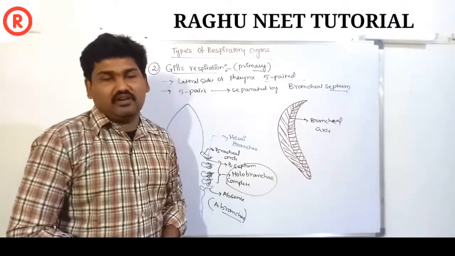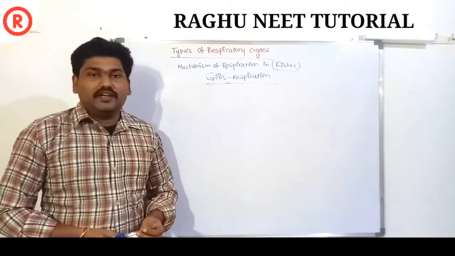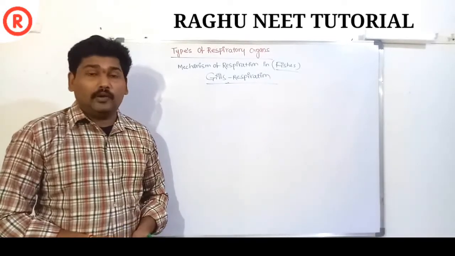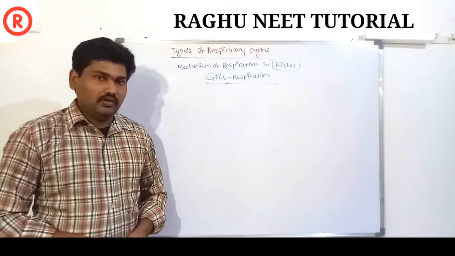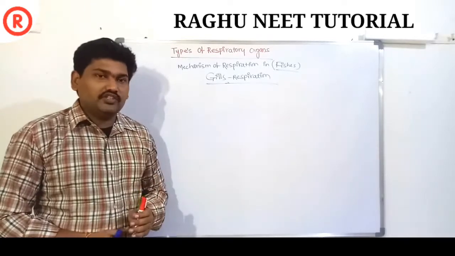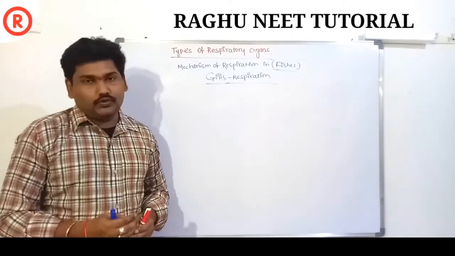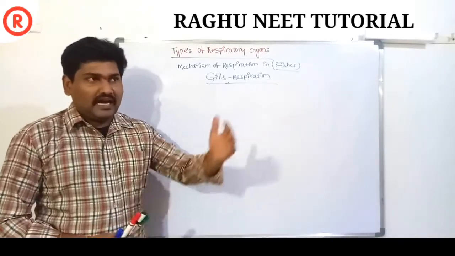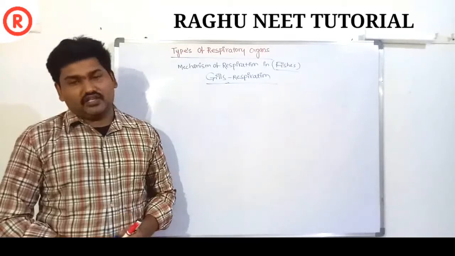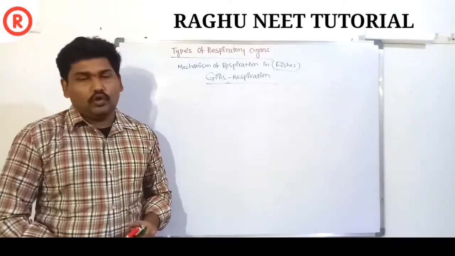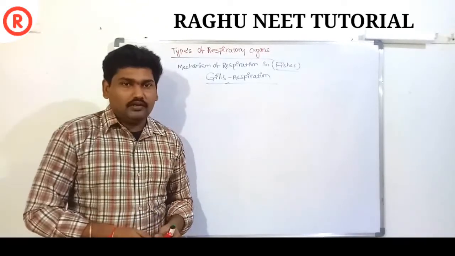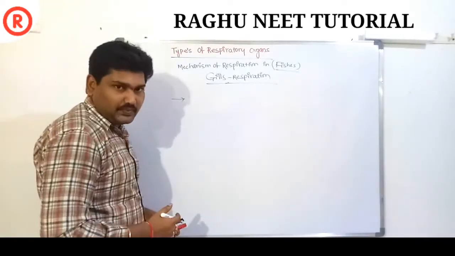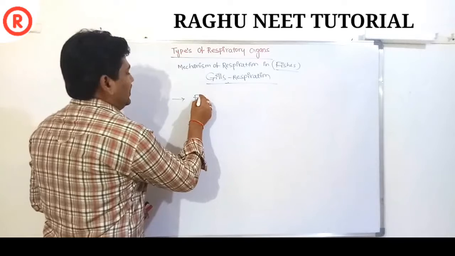Next, what is the mechanism of respiration? Particularly in gill respiration, the majority of primary aquatic animals show gill respiration. Before we discuss gill respiration, first we recall the nature of gases: they move from high partial pressure to low partial pressure. Before starting gill respiration, the fishes allow water